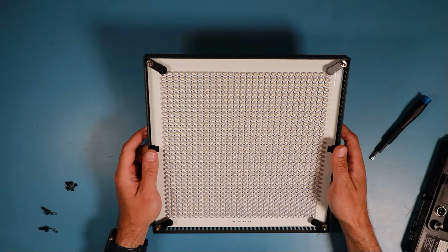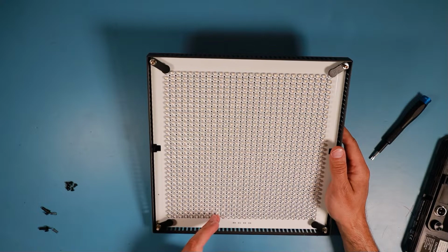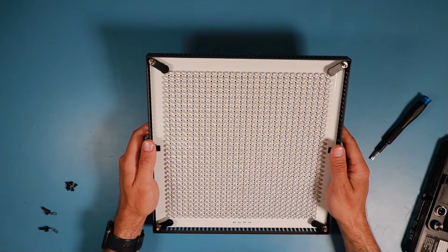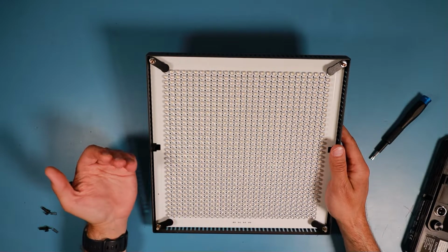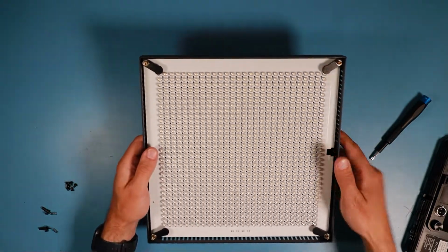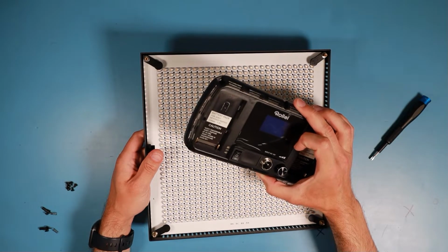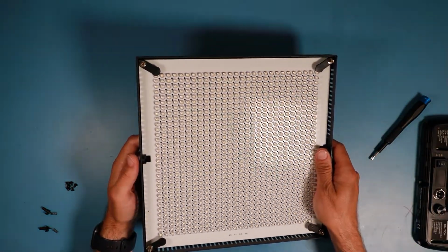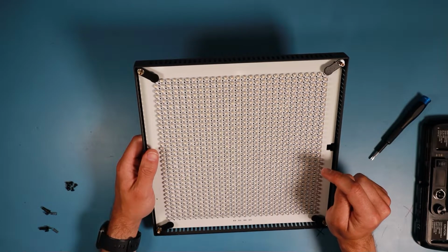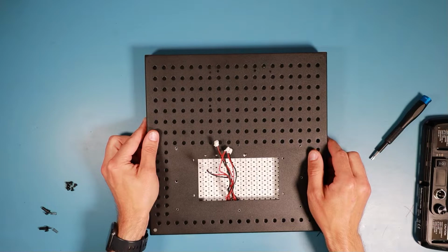There are two groups of LEDs, warm white and cold white LEDs. They are arranged in, I think, lines going from one corner to the other corner. So diagonal lines, and they are used to regulate how warm or how cold the color temperature of the light you want should be. So when you turn the knob on this electronics board, or you use a phone app which connects via Bluetooth, you can change the color temperature of this light. I think it's also available as an RGB version, but I don't need colored light. I just need good white light. So I thought it might be a better idea to get an only white